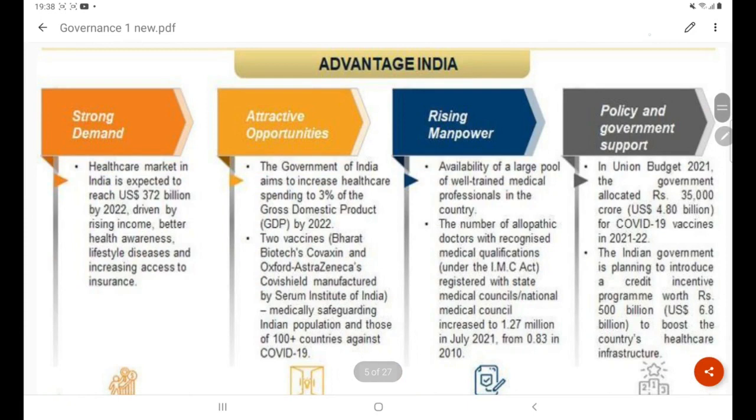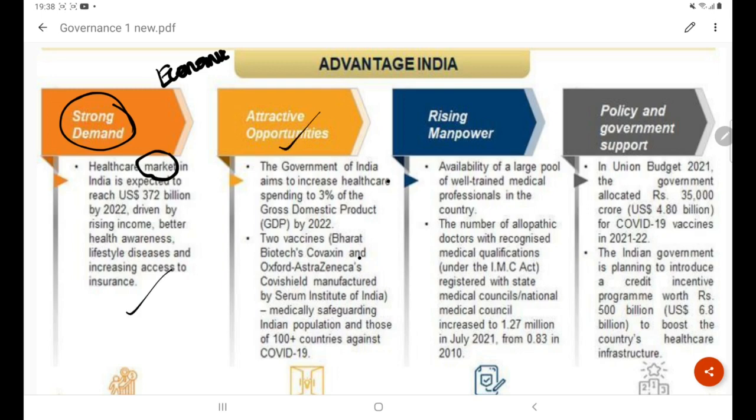Next, we are going to look at the motive of government intervention from a different perspective: not only the angle of public welfare, but also the angle of economic and revenue generation. The health sector becomes important here. Why? Because in India there is a strong demand for the healthcare sector. It is like an emerging market.